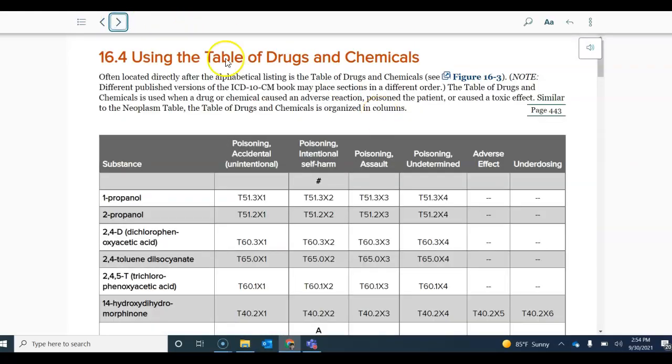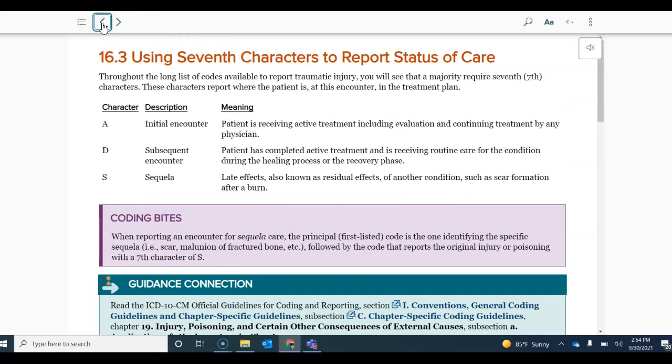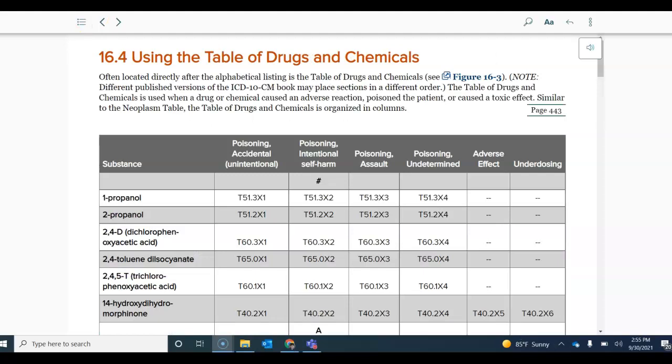Trying to get to the page that talks to you about late effect. Okay, so also included in your chapter 16 is the table of drugs and chemicals. And when you think of drugs and chemicals, you might think of bad things, and that's not necessarily what it means. Okay, so let's talk about the definitions of these. So let's go back to this one where we talk about adverse effect. Okay, an adverse effect